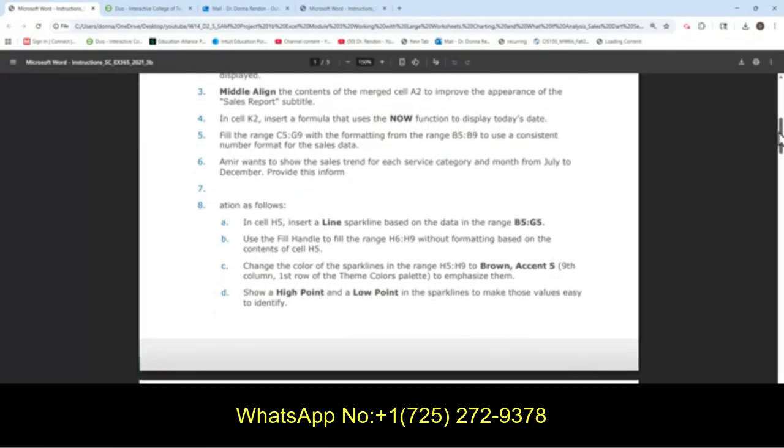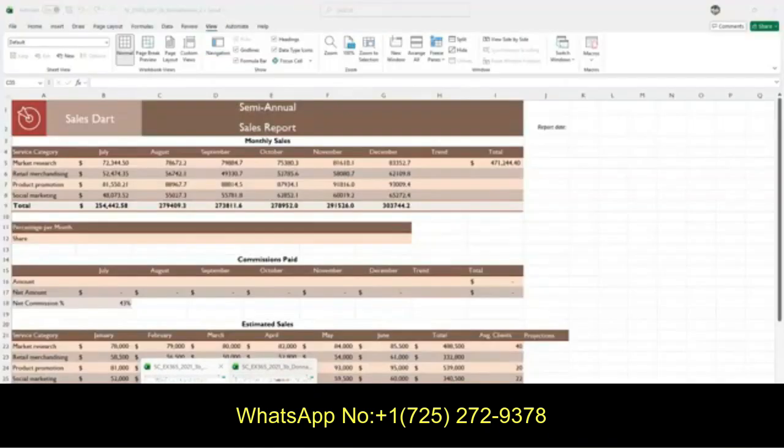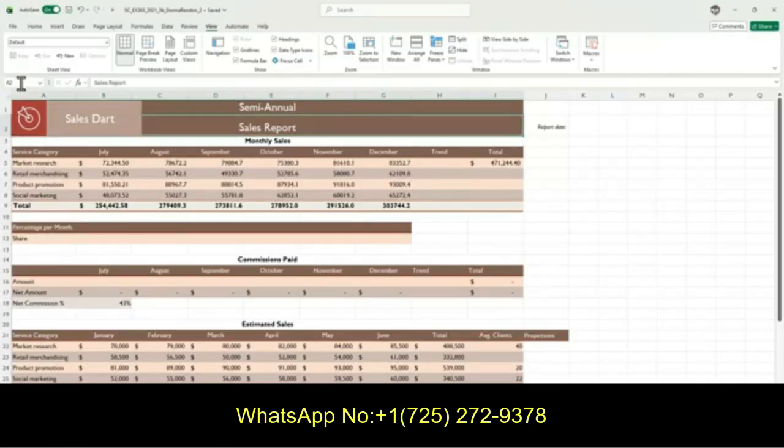Next, step 3, is to middle align the contents of the merged cell A2 to improve the appearance of the sales report subtitle. So go to A2. I'm going to make sure I select the correct cell, A2.